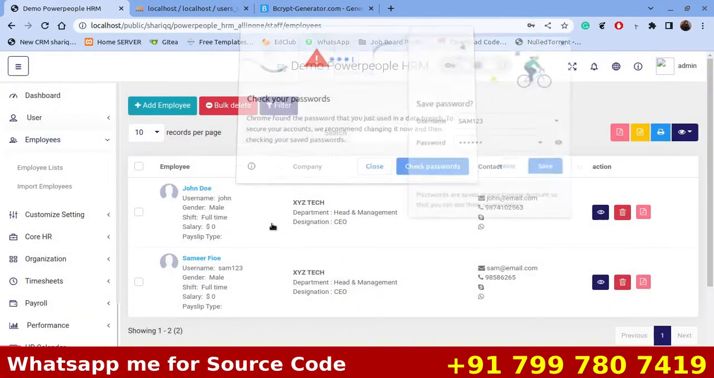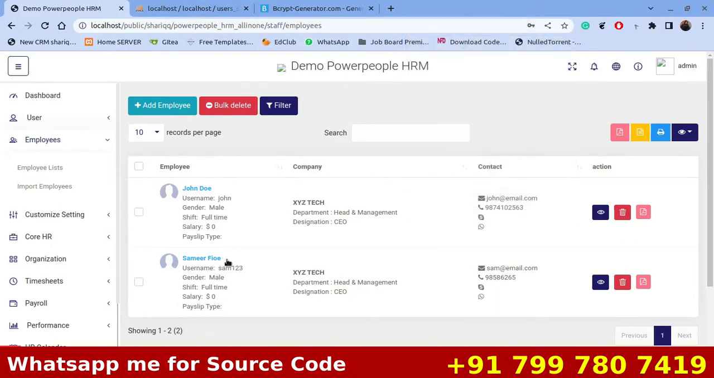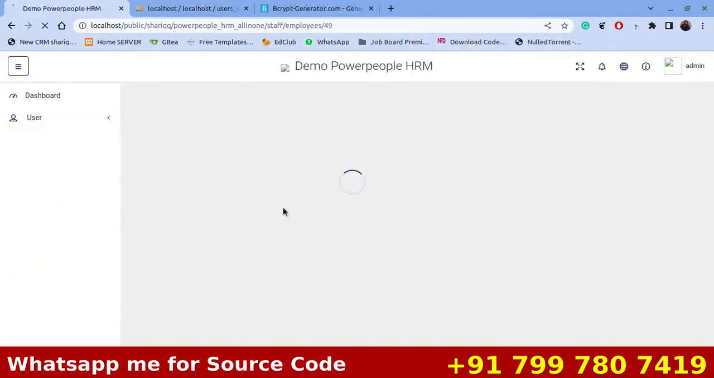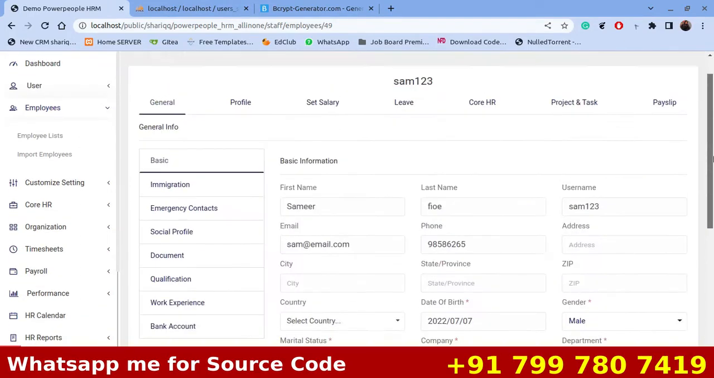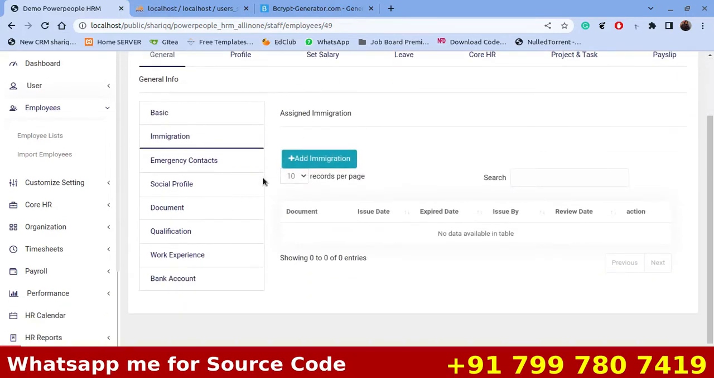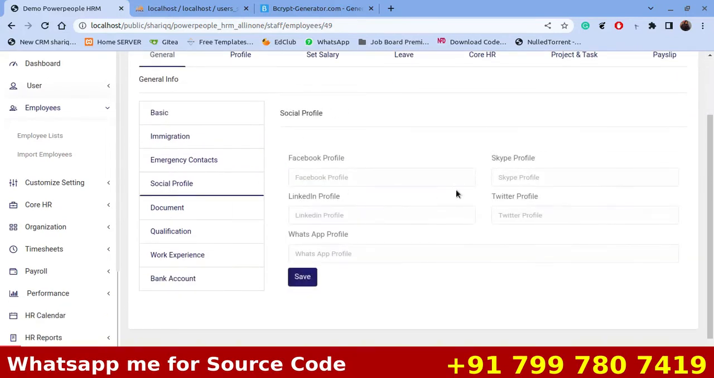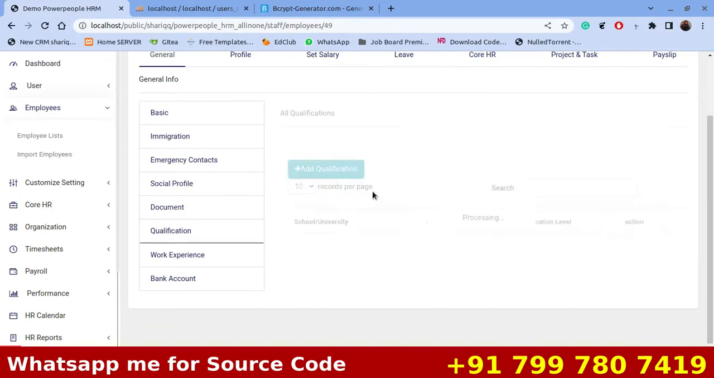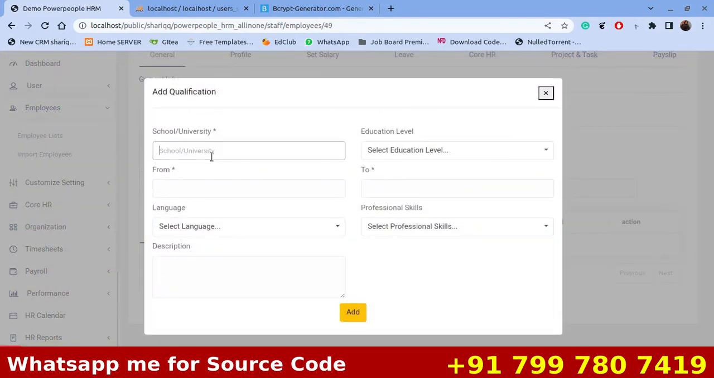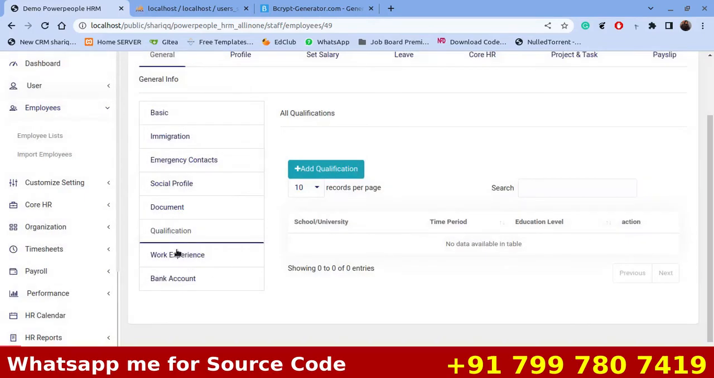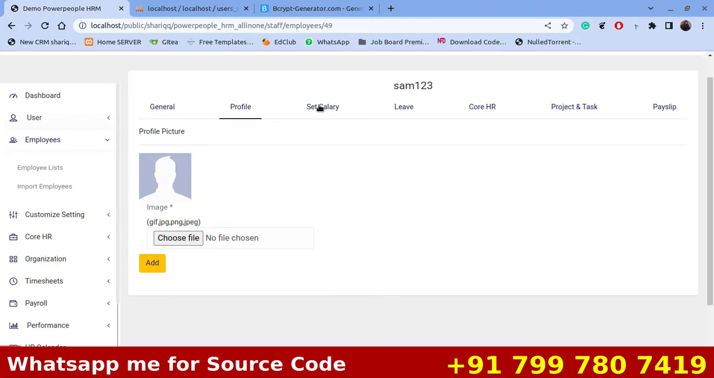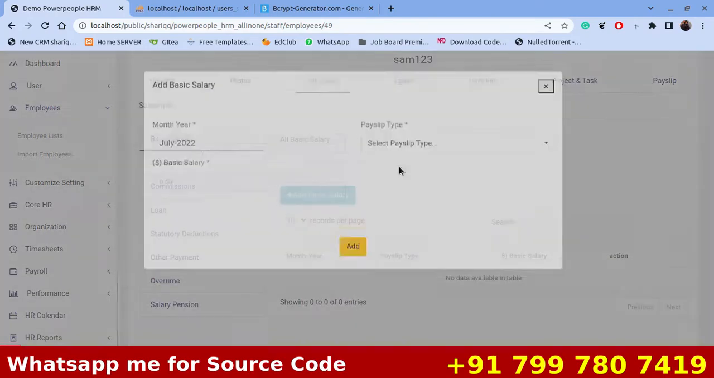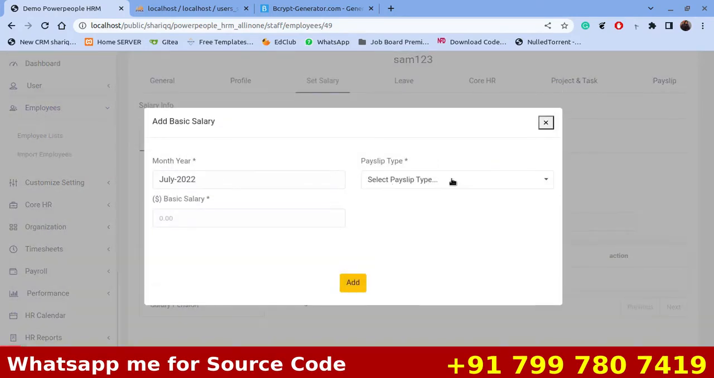We can see here Samir. If we click on this link, we can see the profile of the employee. Yes, see, we have so much information of the employee, immigration information, emergency contacts, social profile of the employee, documents, qualification, add a qualification, school, university, like any stuff, work experience, bank account. Then we have profile information, set salary, okay, add basic salary, July 2022, pay slip type, monthly slip, in